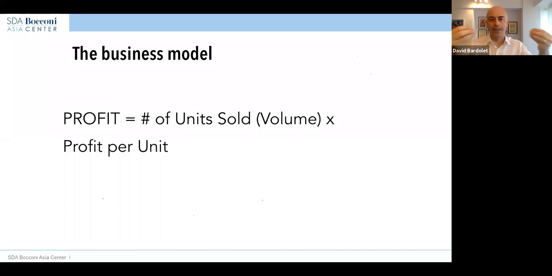The profit per unit, let's break it down a little bit more. Okay. Now, I would like for you to do this just little quick exercise. What do you think is inside this profit per unit? How would you calculate this profit per unit? Okay. So if you had to break down this profit per unit into a sub-formula with 2 or 3 more concepts, what would that be? Okay. So you can write it in the chat, or you can write it in your notebook. And just try to, I'll give you a few seconds to just think about that.